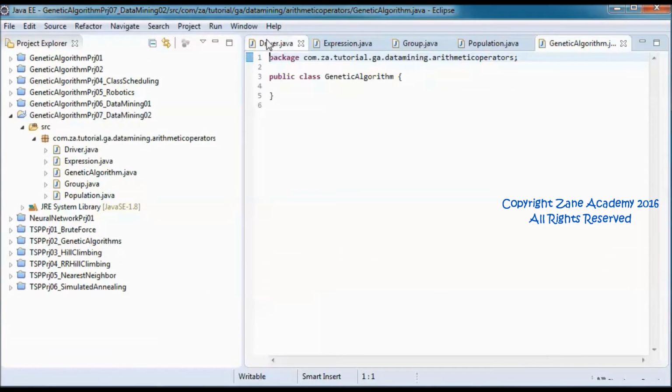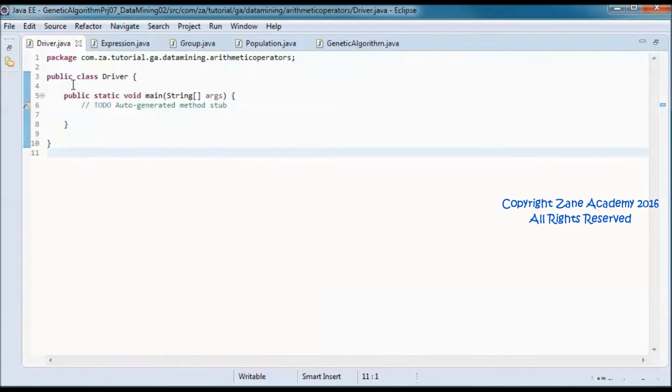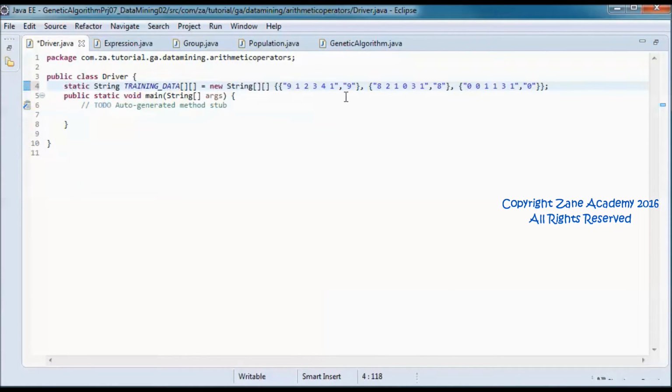Now in the driver class, let's define the training data as a 2-dimensional string array. So we have the operands and the expected result, and here we have 3 expressions.